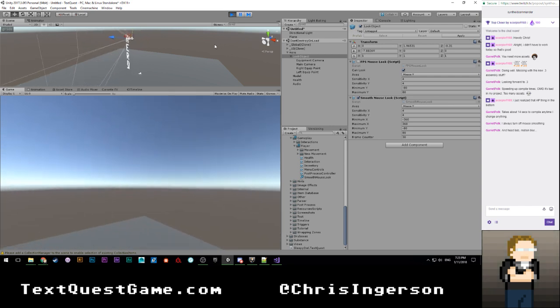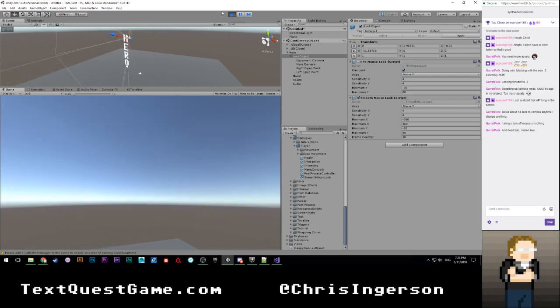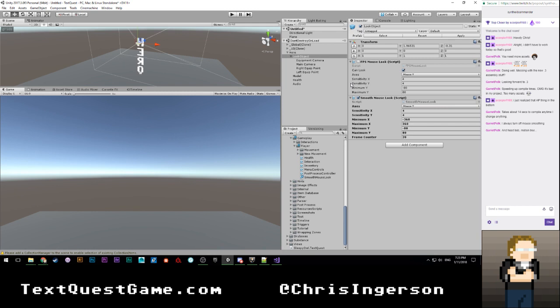Which I guess means that I'm going to open up FPS mouse look, which is going to be a garbage script because it's a C# port of a JavaScript file that I found when I was first starting out. So